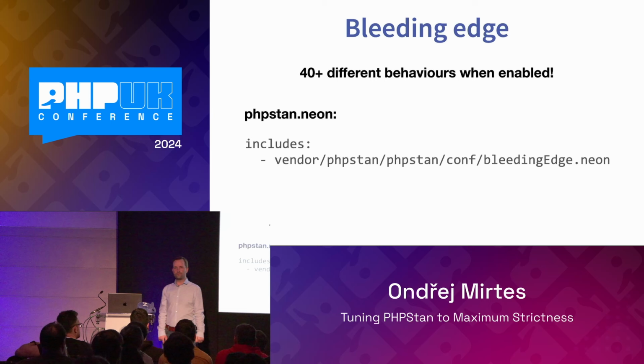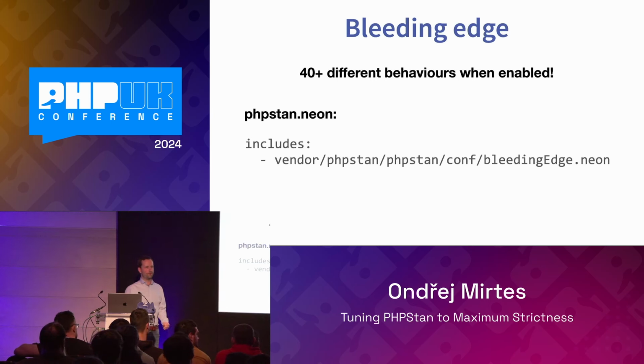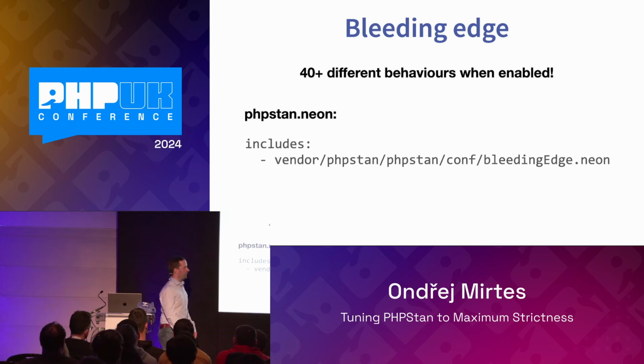So this is a way for me to ship this code without maintaining a long feature branch alongside the main branch where the development of the current stable version happens. And you can turn on these behaviors, and it's great for you and it's great for me because I get early feedback about these new features and these new behaviors, and you get more features, right? So it's a win-win, and you should really enable this, and you should be surprised when you get tens or